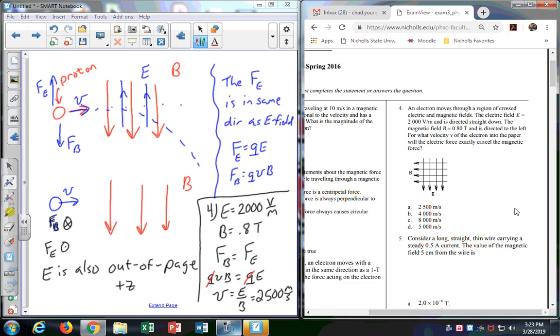Okay? Like one of them would be like this, where we just figured out that the force of the electric field was opposite the force of the magnetic field, because you want it to go through undeflected. In fact, what they'll do is they'll take the electric field and the magnetic field, usually the electric field because it's easy to modulate, easy to change, and they'll change that, and that causes the beam of electrons or protons